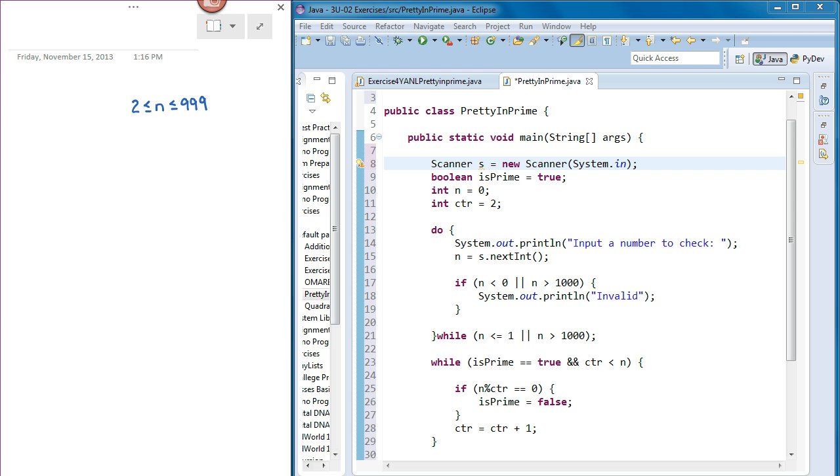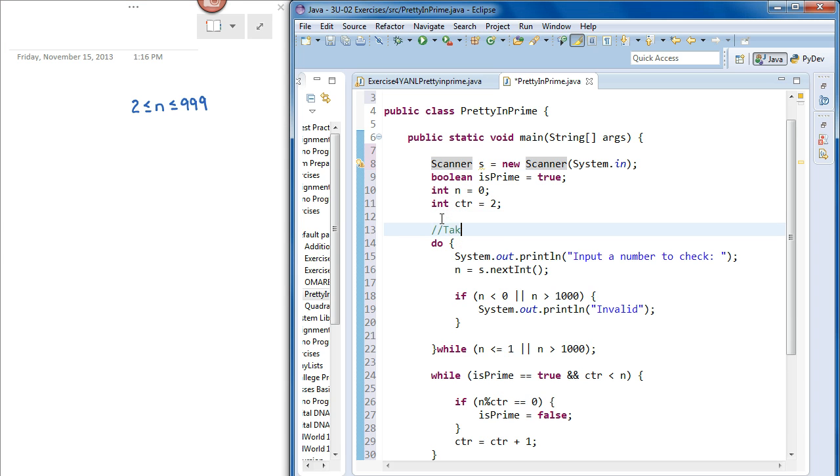So just a reminder in terms of what a prime number is: a prime number is a number that is only divisible by 1 and itself. So for example, 13 is prime, but 12 is not prime because 12 can be divided by 2, 3, 4, 6. Okay, so if we take a look at this program here, we're going to break it up into larger